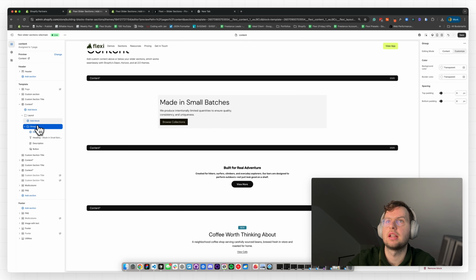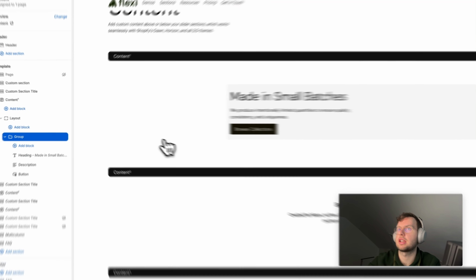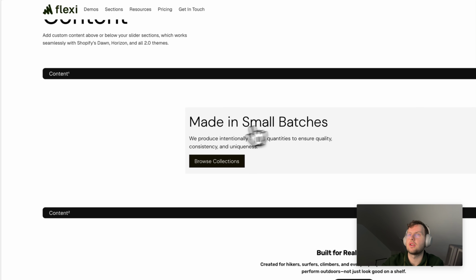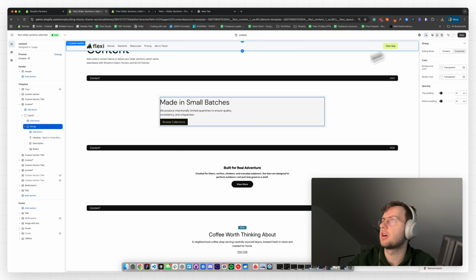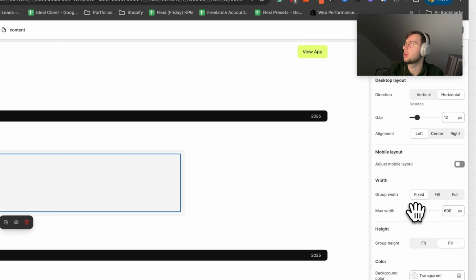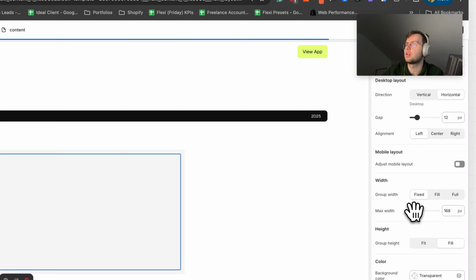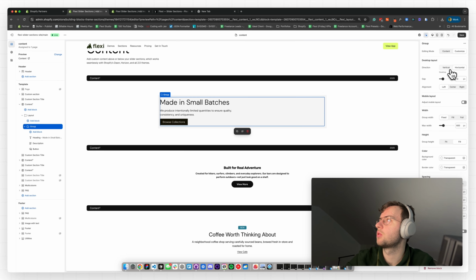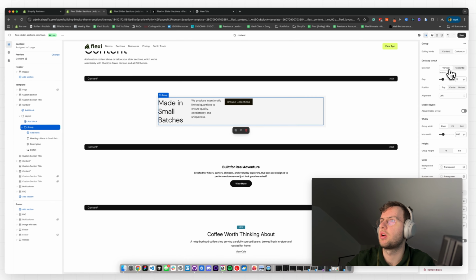Then within the layout, we have this group block here, and the group is like another container for the content. And what's useful about the group block is if we only want this block to be so large, we can hit customize here and we can set the max width over here. So we could set it down if we want it to shrink, but obviously we don't want to do that because that looks ugly. But you can also set the direction of the content to vertical if you want to,